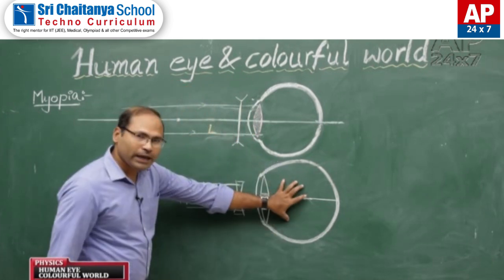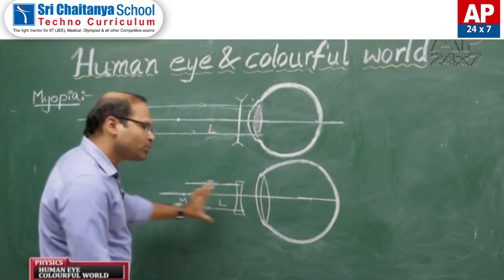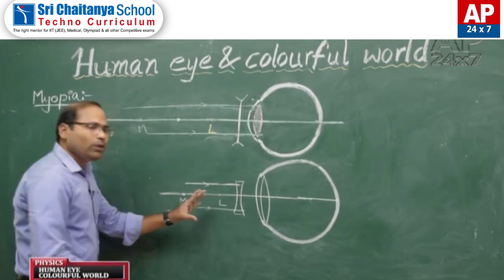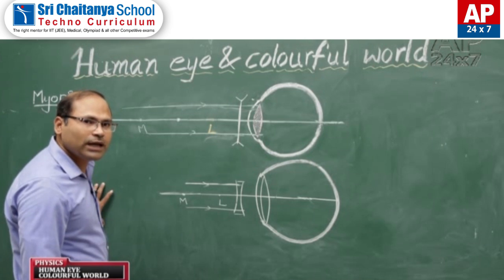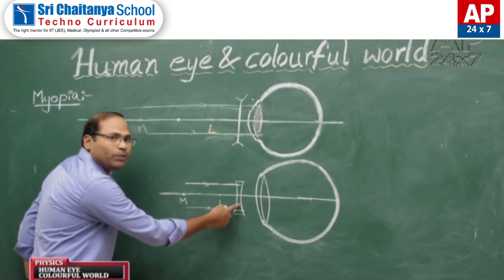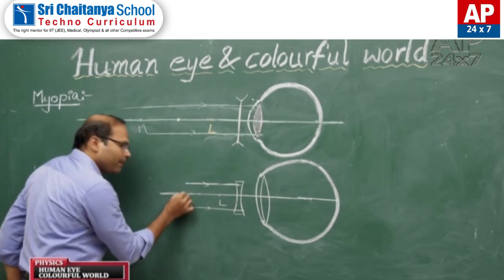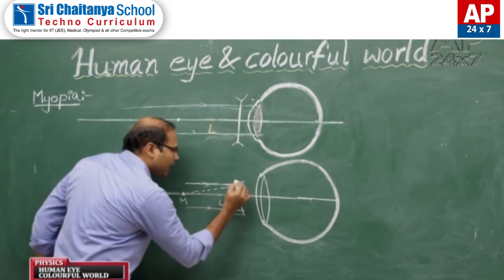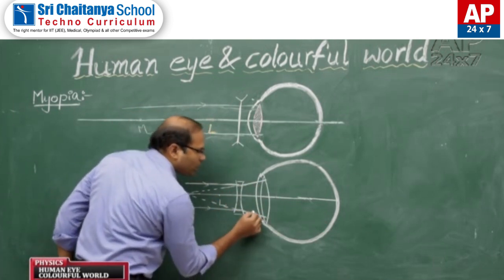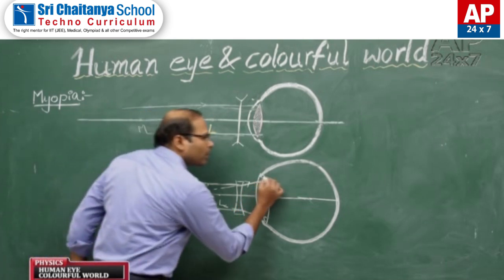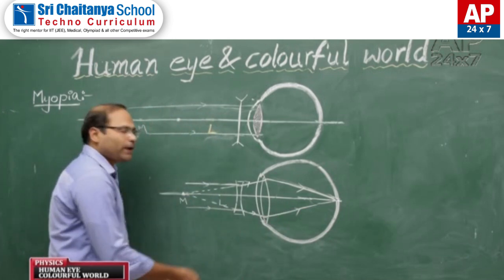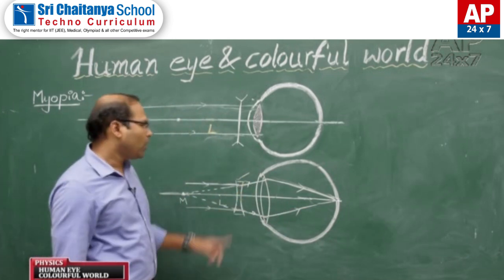Let us suppose I am trying to see an object which is at infinite distance. So, from that object light rays will come parallel to the principal axis. When the object is at infinite distance, the light rays coming parallel to the principal axis, this concave lens should form the image of that object at M. That means the light rays will diverge from this and form an image here on the eye lens, and the eye lens can form a clear image on the retina like this. Now, let us find the focal length of this concave lens.